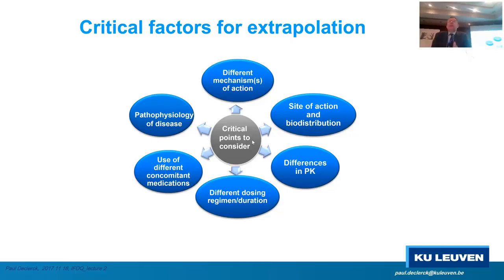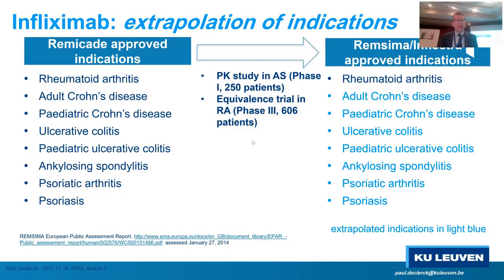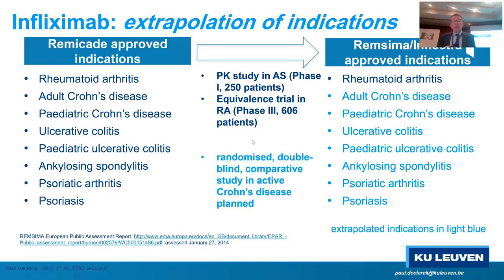The entire pathophysiology associated with the disease may be completely different between the different indications. So these are all things that one has to consider before thinking about extrapolation. Just an example, as I mentioned already: for Infliximab, the pivotal studies were done in rheumatoid arthritis, here in dark blue on the right-hand side, and they were granted approval for all the different indications for which the reference